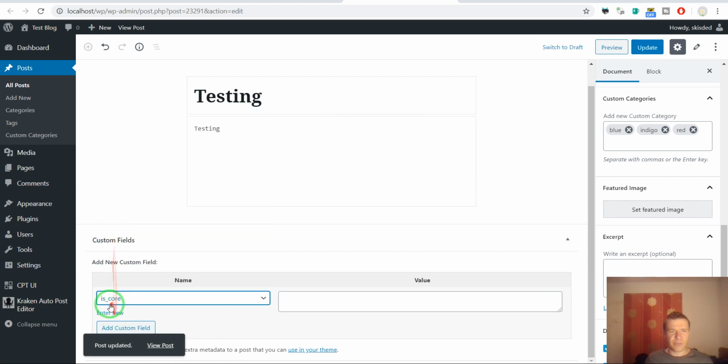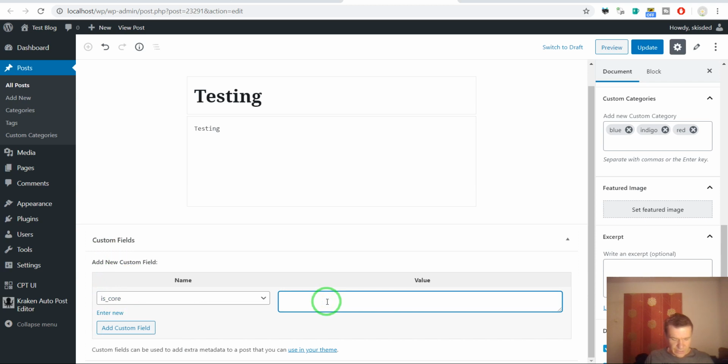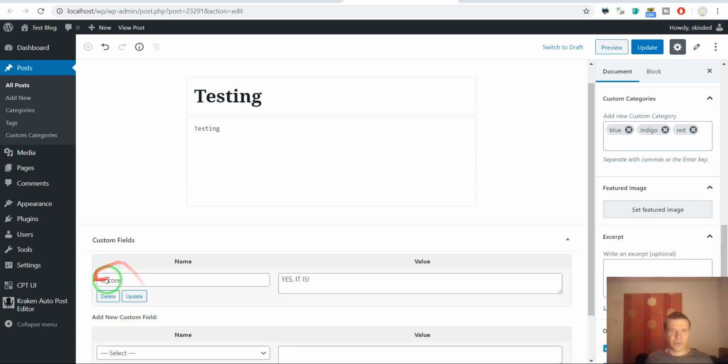So for example, isCore. A custom post meta field. So let's add the meta field isCore, and let's input a value for it. Yes, it is. Okay, so we have the isCore custom meta field and the value yes it is. Now let's hit update,